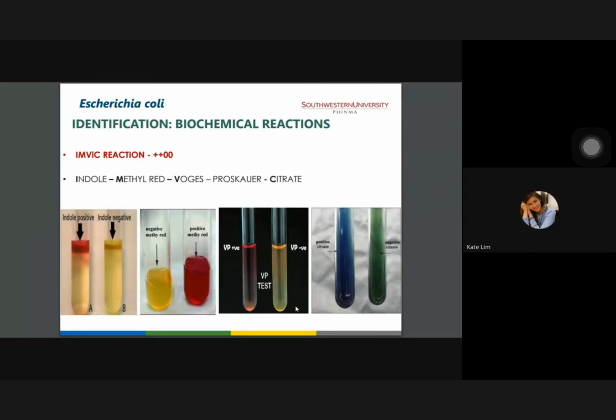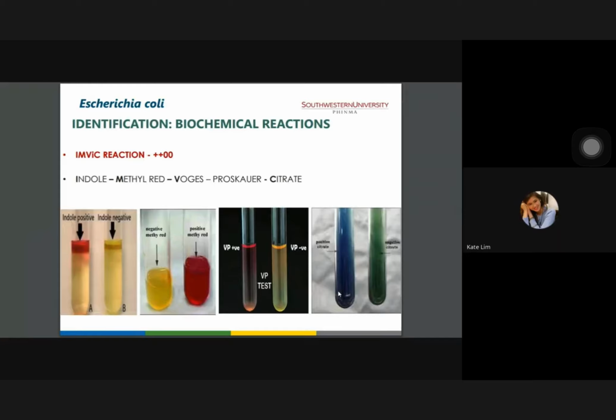How about your citrate utilization test? In the citrate utilization test, we are detecting the ability of the bacteria to utilize citrate as a sole source of energy. As you could see, there is a change of color to blue. So this is a blue colored medium. Remember that your citrate has no butt. It is only slanted. There is no deep agar to be seen here. So there's no butt, only slant. You would know later on in your laboratory exercise.